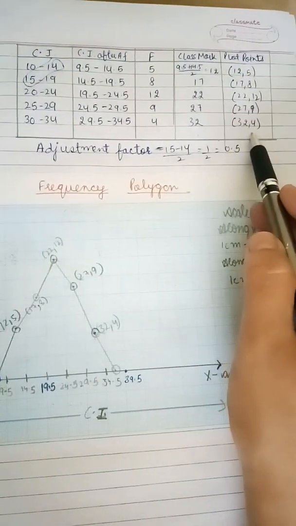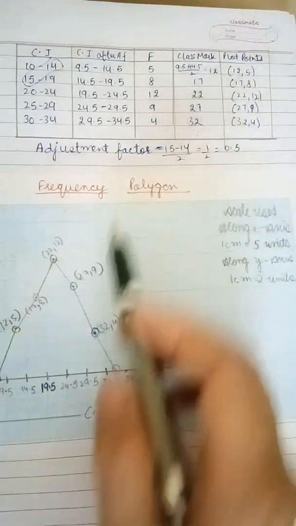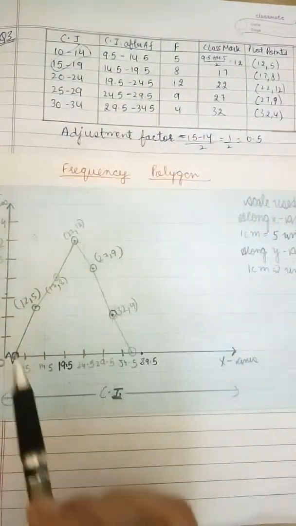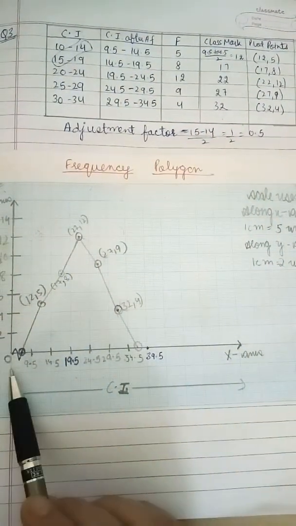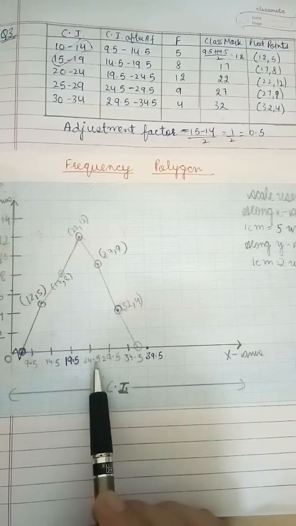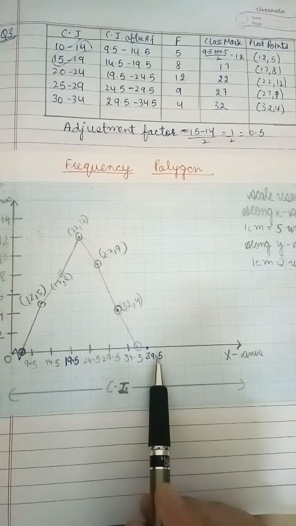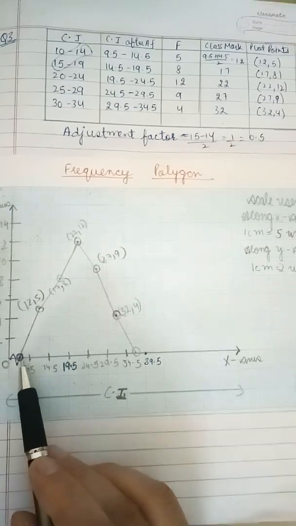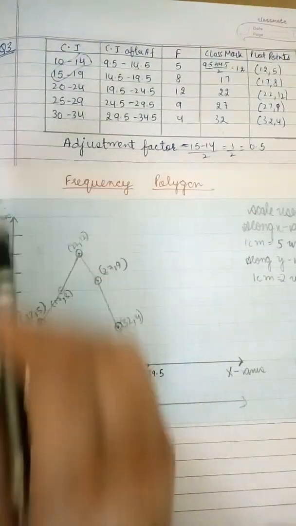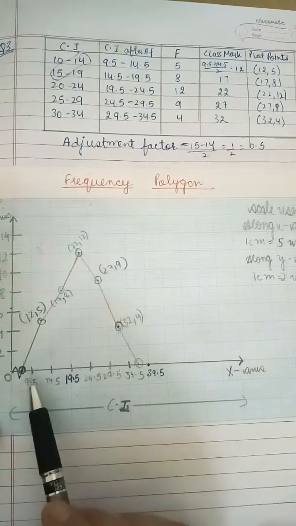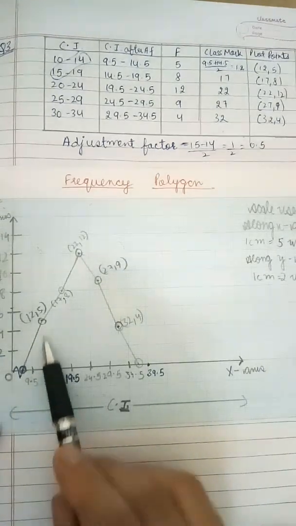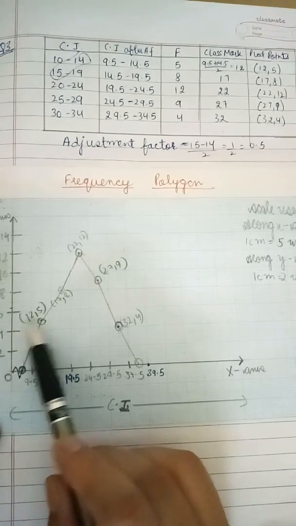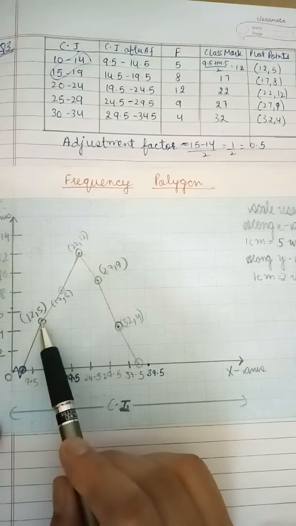I have already discussed this with you. Now, these class intervals after adjustment factors, you are supposed to write along the x-axis: 9.5, 14.5, 19.5, 24.5 and so on up to 39.5. Then here you will make the broken line because it doesn't start from 0, it starts from 10. Then between 9.5 and 14.5 on the fifth line you will put the circle, and here the height is 5. So between 4 and 6 the fifth line represents 5.